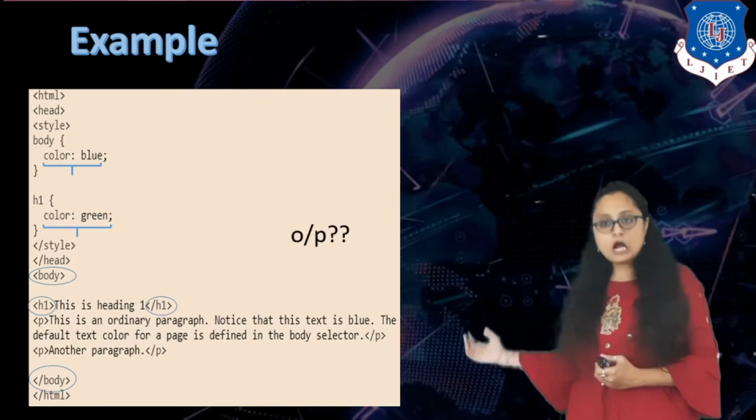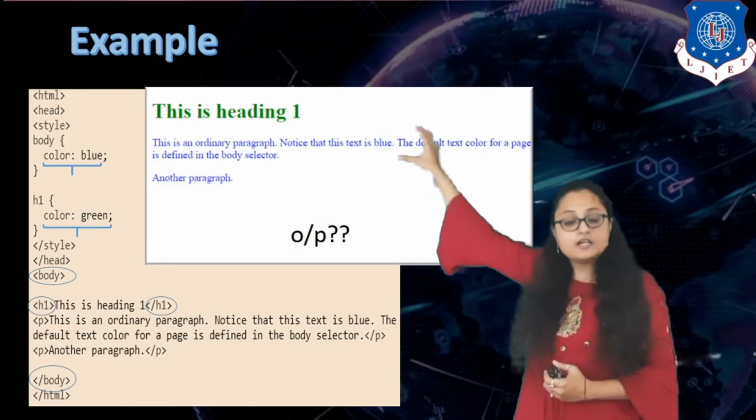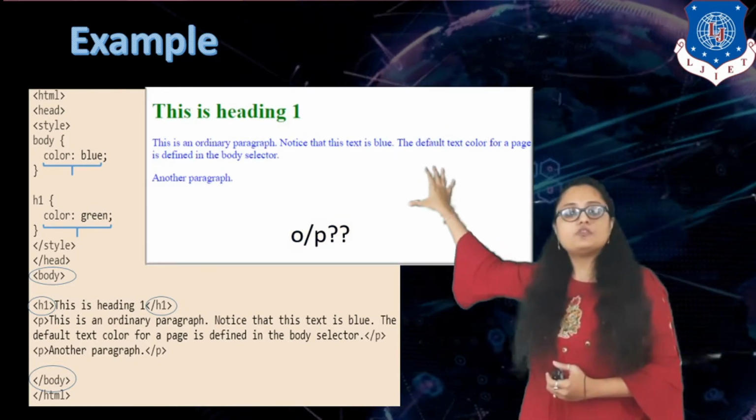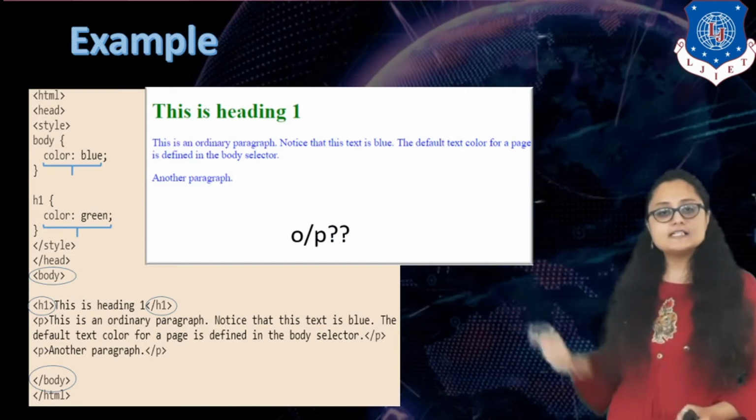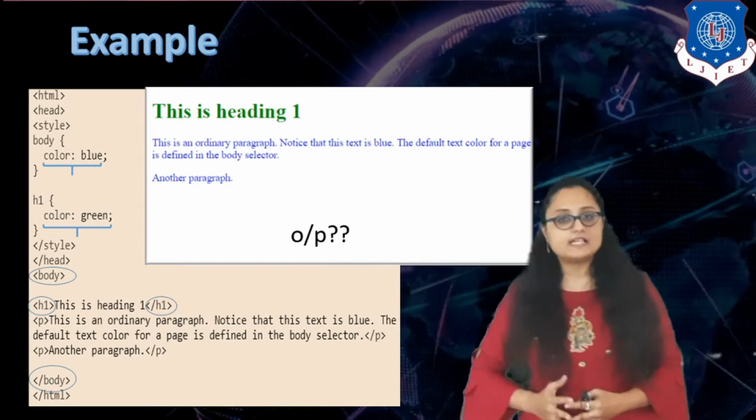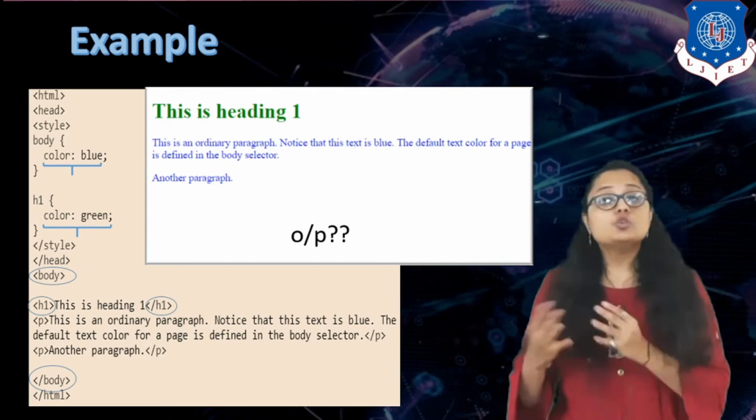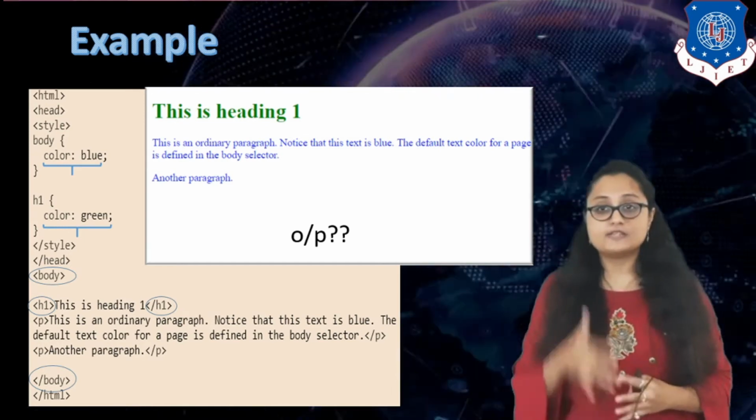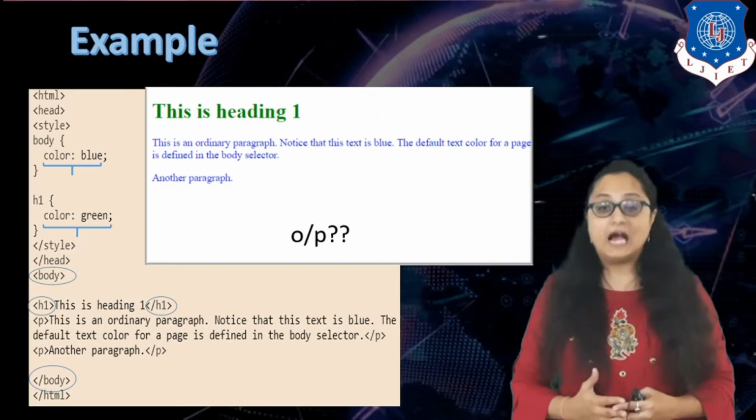Exactly, the output is your heading will be in green color but your paragraph will be in blue color, right? So this is how you can specify your color. Now this is the first method that I have used for specifying my color value. You can use other two methods also, that is you can use hexadecimal value or you can use RGB format